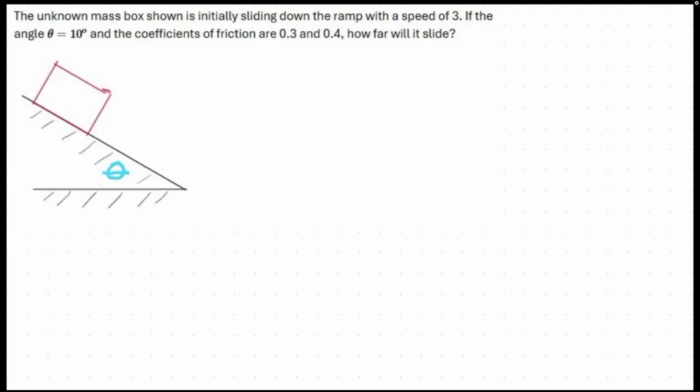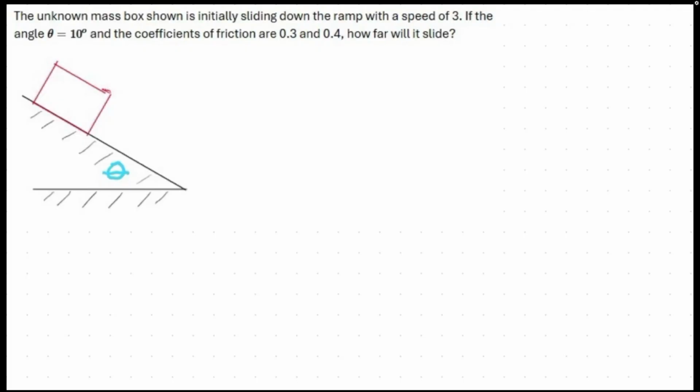This video is a continuation of the constant acceleration problems, but for these problems it's going to be more into working with free body diagrams and things like that. So let's get started. For this problem, it's going to say the unknown mass box is shown initially sliding